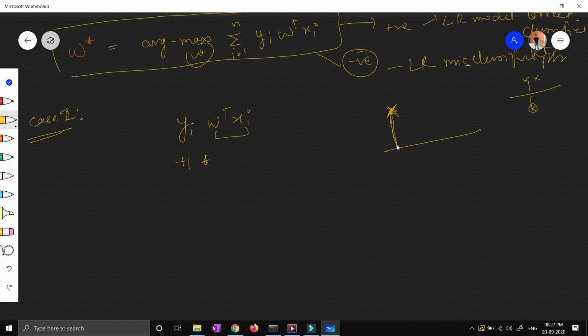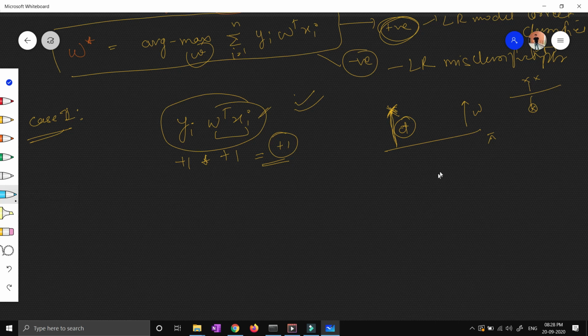The distance of the plane from the point is d, and just because this is in the direction of W, this d is also positive. So let's assume the value of d is +1 because it is in the same direction as W, which is normal to the plane. Hence this signed value will come out +1, and I'll be able to say that if this value is positive, like I have told you here, our logistic regression correctly classified the point.